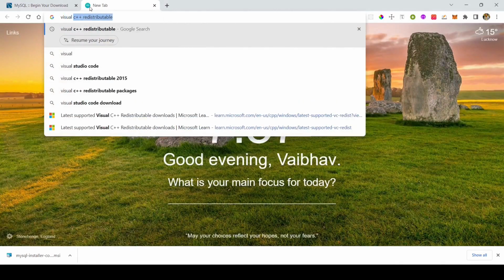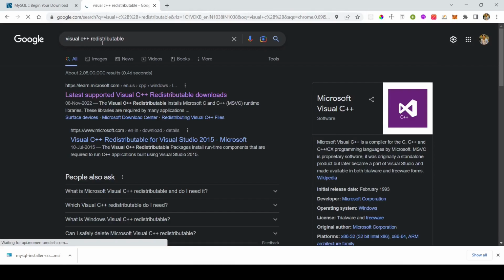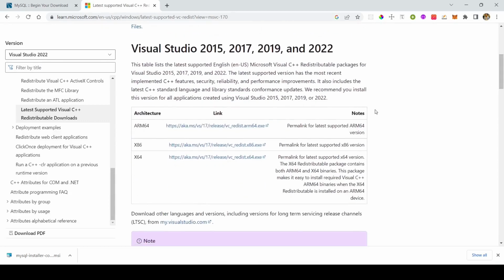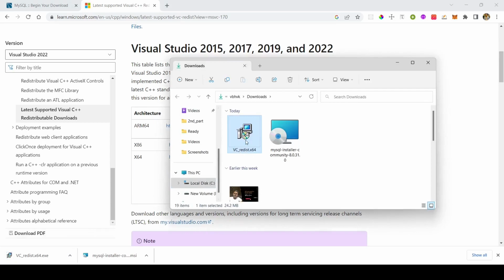So we will write in Chrome Visual C++ Redistributable, and then we'll go to the first link and go a little down, and here we will see the one for 64-bit operating system. So we'll click here and it starts to download. We'll first install this and then we'll install MySQL. We'll go to the download folder and click here,